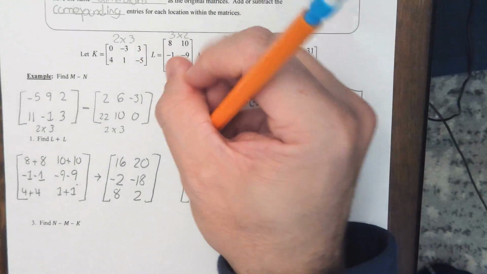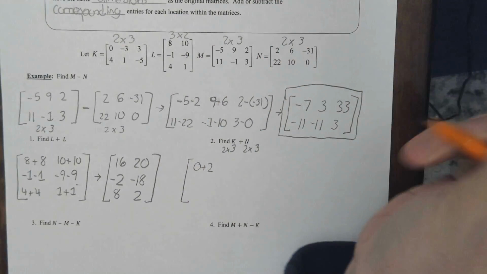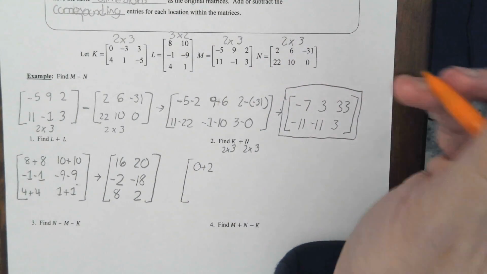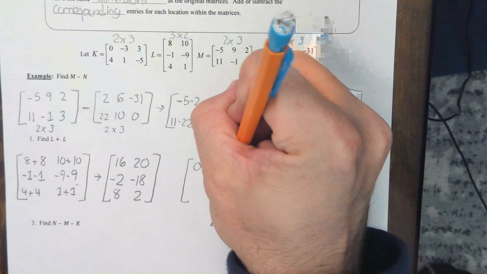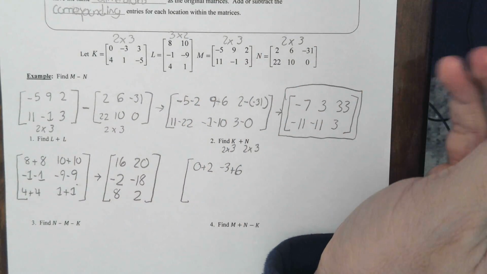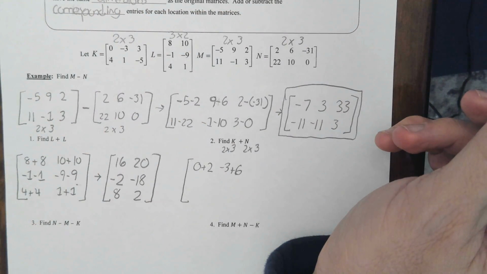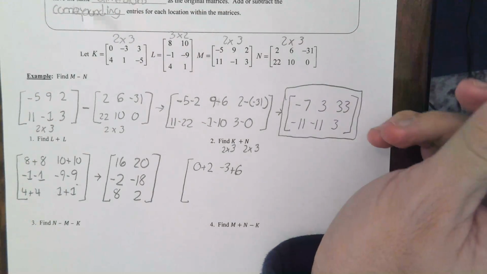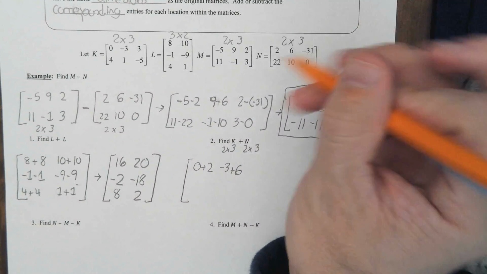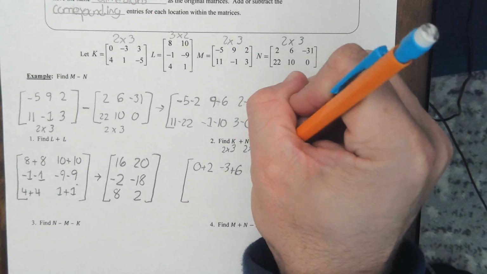It's going to be 0 plus 2, negative 3 plus 6, 3 minus 31,